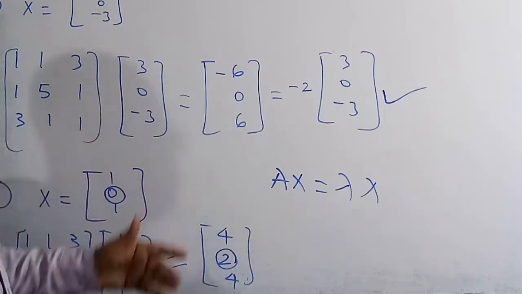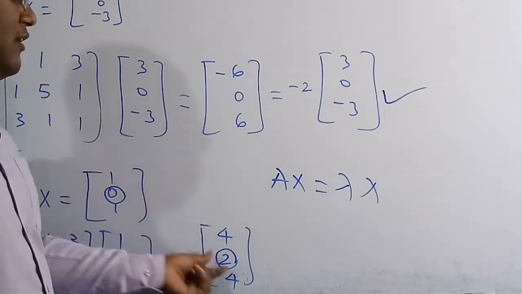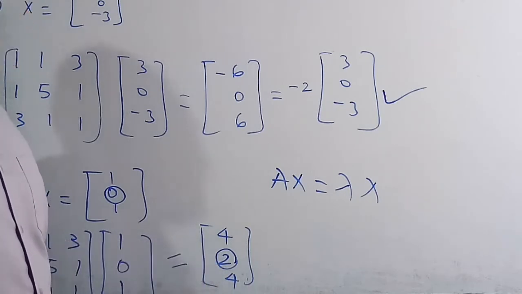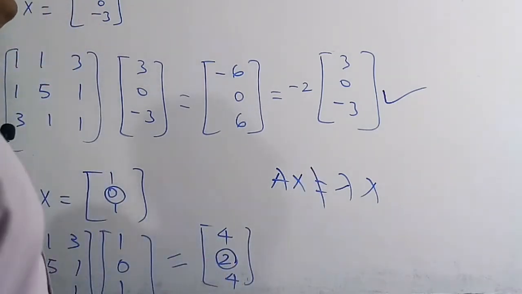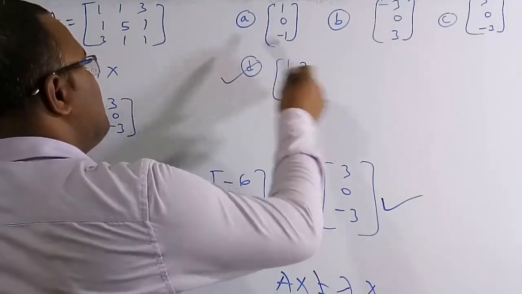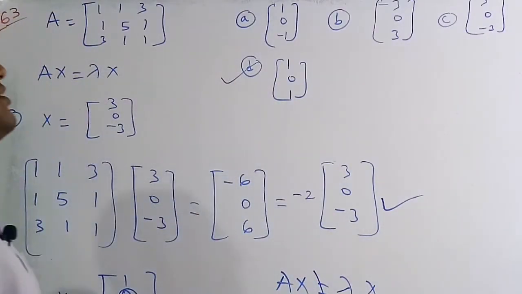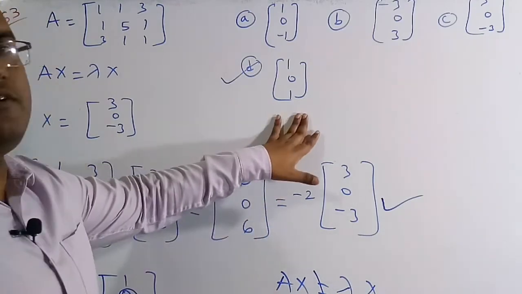So therefore no matter what things you do, you can't get a value of 0 from 2. So therefore this is not an eigenvector. So therefore this is not satisfied by this last vector. So therefore this is not an eigenvector, but the remaining three belong to the eigenvectors of the matrix. So this is the correct solution of this question.